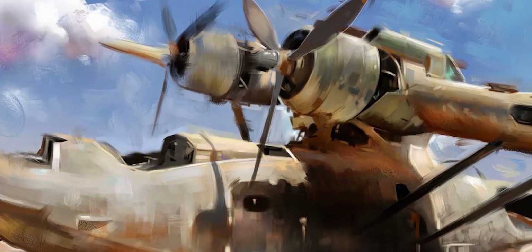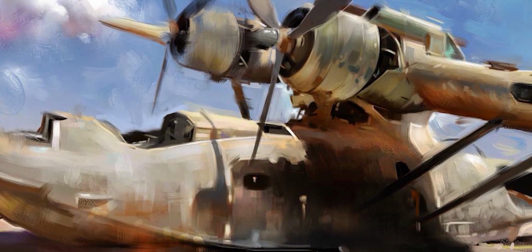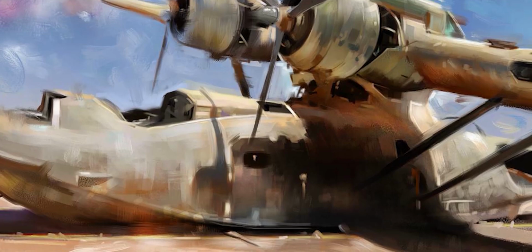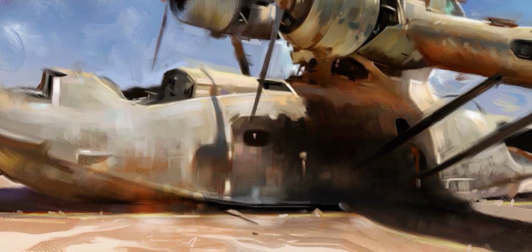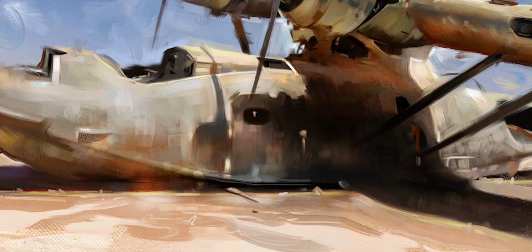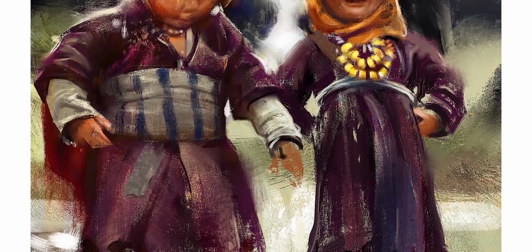Okay, so when I make these style studies, I like to work off of just the end results of an artist's paintings, as opposed to watching the process of creating the painting, especially when I'm doing the study and original painting portions for the video, because I don't want to be subconsciously influenced by their technique, just their actual end products. But after I finished both the pieces for the study, I couldn't resist it and I had to go